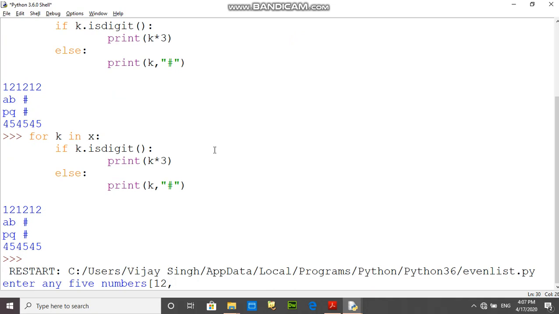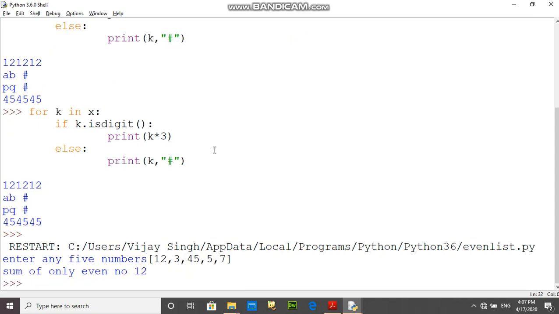Here I am giving some values like this. These are the 5 values, and the sum of only even numbers is 12, meaning in this program there is only one even number, that's why sum is 12.